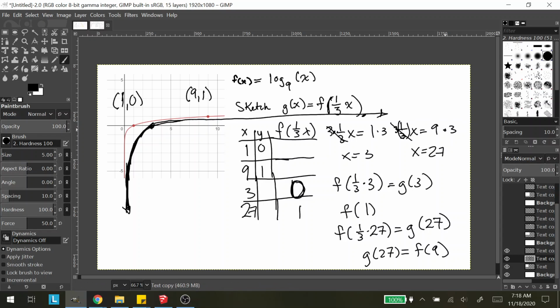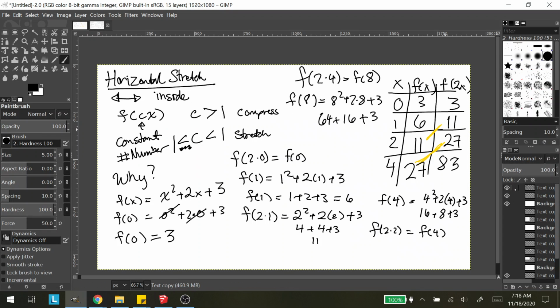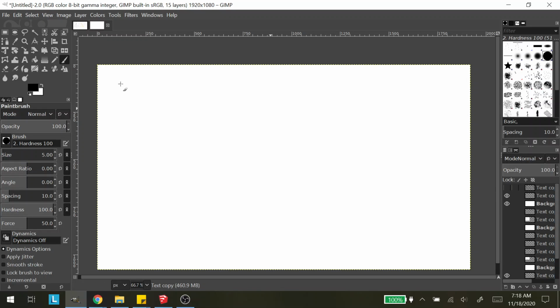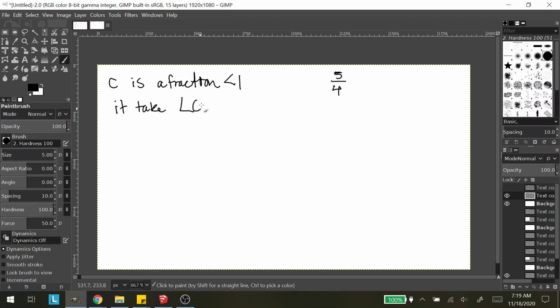So for me, I'm going to go back to the very top. On this, I would think of it as when C is a fraction. Now it's important that you pay attention to the fraction is less than 1, because 5/4 is a fraction, but it's bigger than 1. When C is a fraction less than 1, it takes longer to get there. When C is bigger than 1,